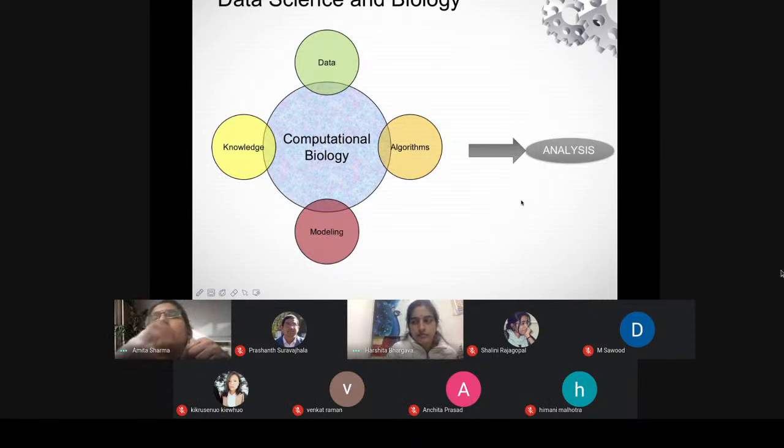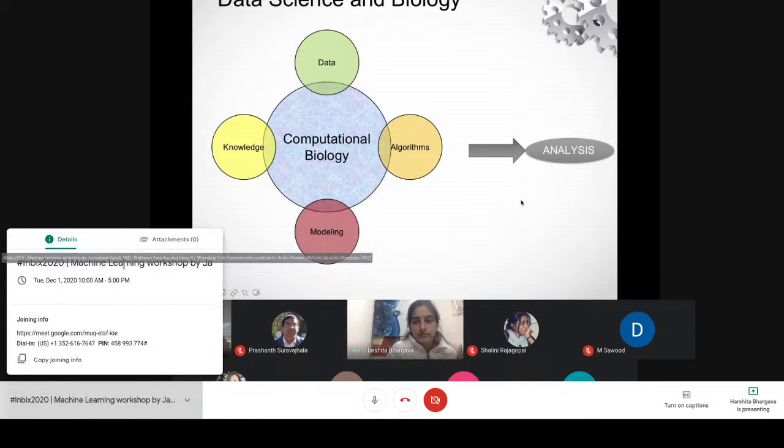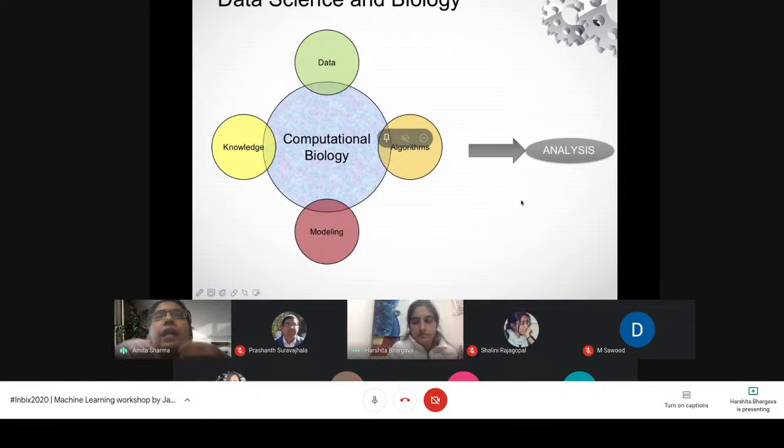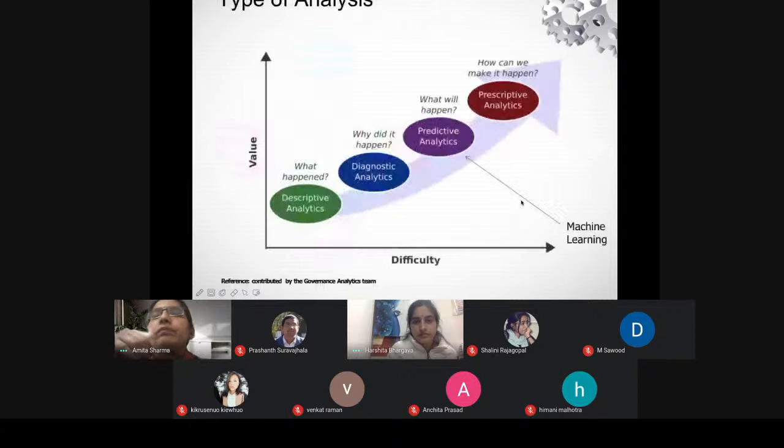All these work together to form computational biology, and the core essence of this area is analysis. What we analyze in our data, we transform into knowledge, and that knowledge is further used in different applications to solve different kinds of problems, and also to find better solutions to existing problems.